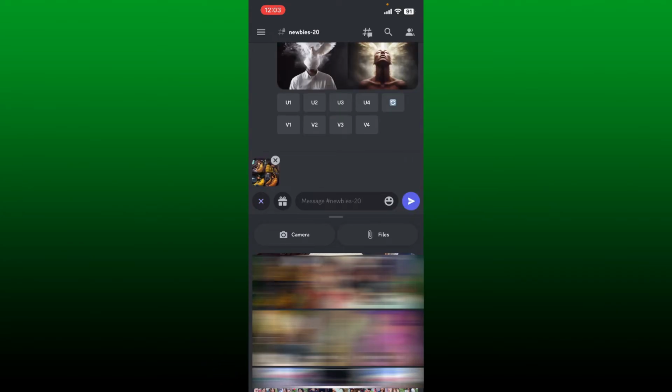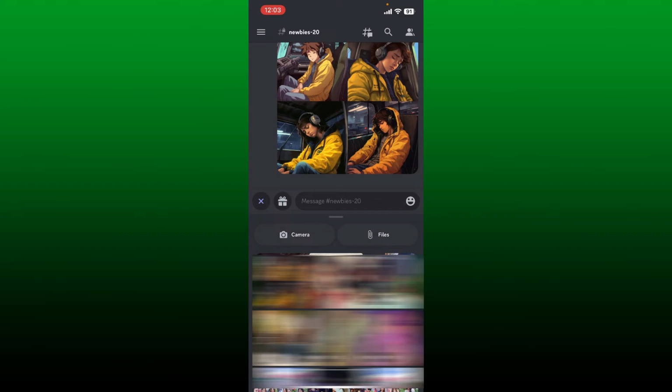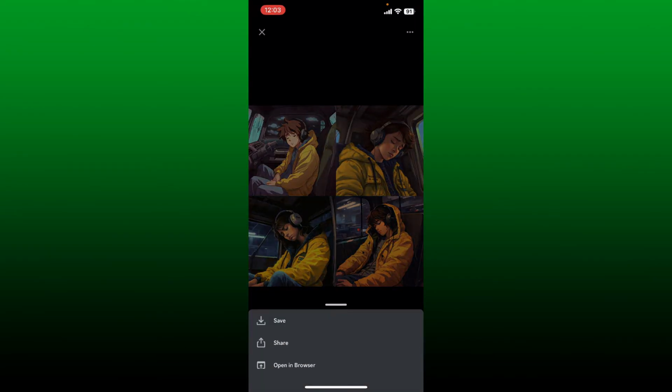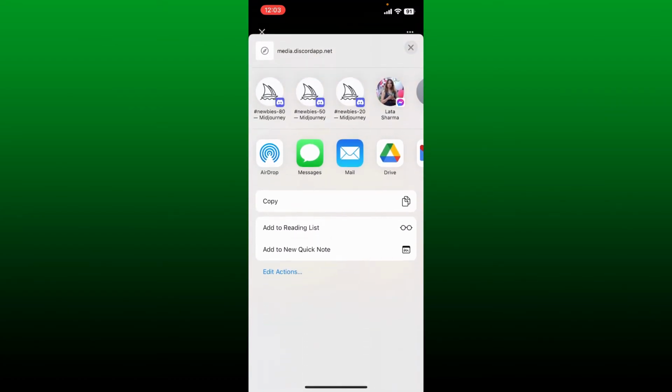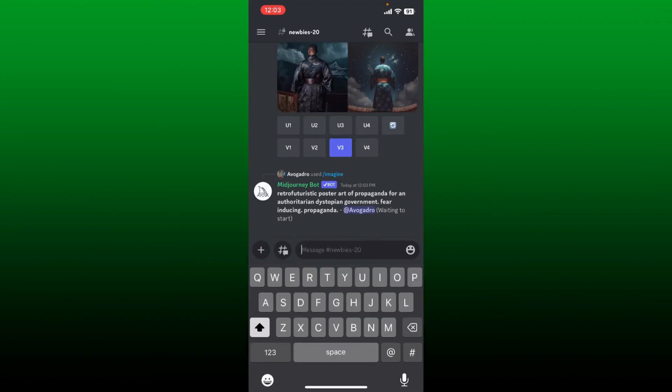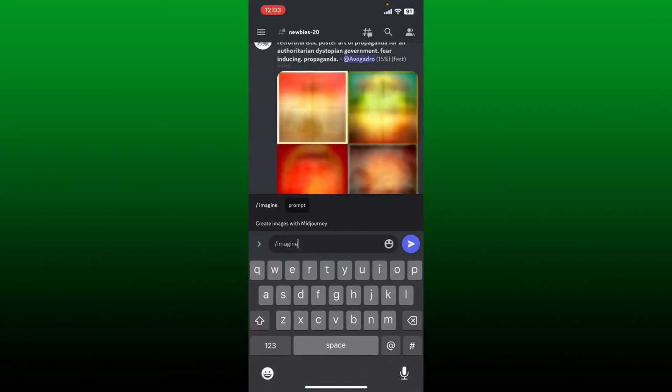Now tap the send button and once the image has been uploaded, open up the image and press and hold on the image. Now tap share in the pop-up, tap on the copy button and once you copy the URL of the image, go back to the chat box, type in a /, write down imagine and paste in the URL